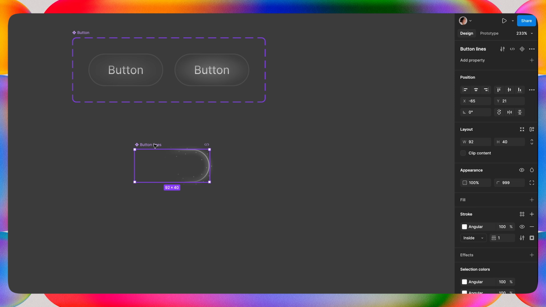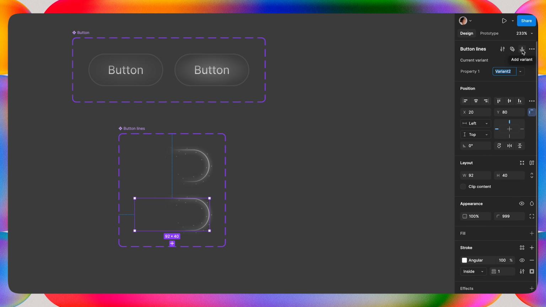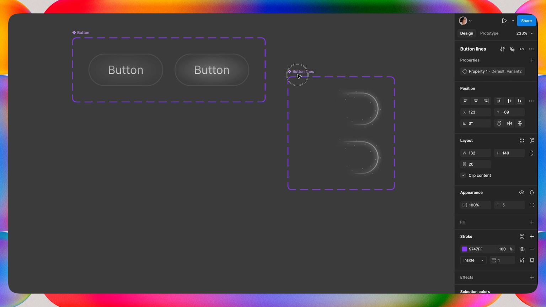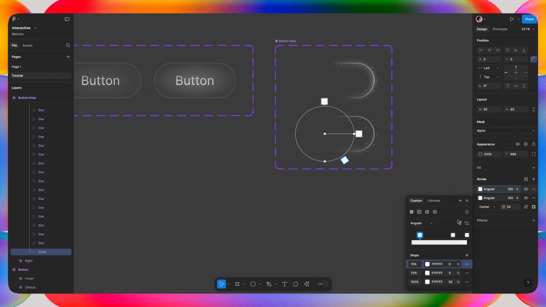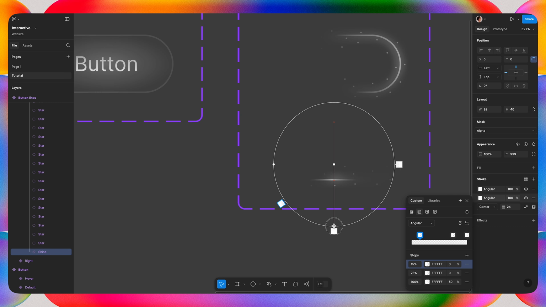I'm gonna create a component out of that and add a couple of variants. So our first variant is the right side, then the second one we're gonna create is a bottom side. So I'm just gonna adjust our angular gradient placing to create this effect.